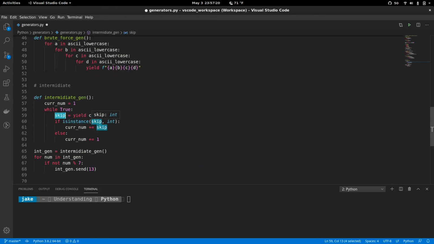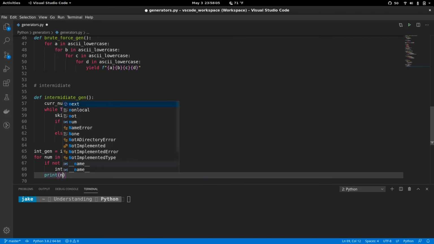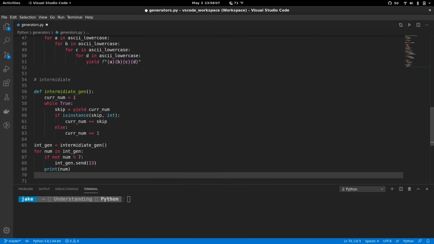If isinstance(skip, int), which it is, curnum plus equals skip, which increments it by 13. And then on every iteration, we're going to go ahead and print out the number. And simply for the demonstration's sake, we don't want to have this printing out indefinitely. So we're going to set an exit condition. If num is greater than 100, not 1,000,